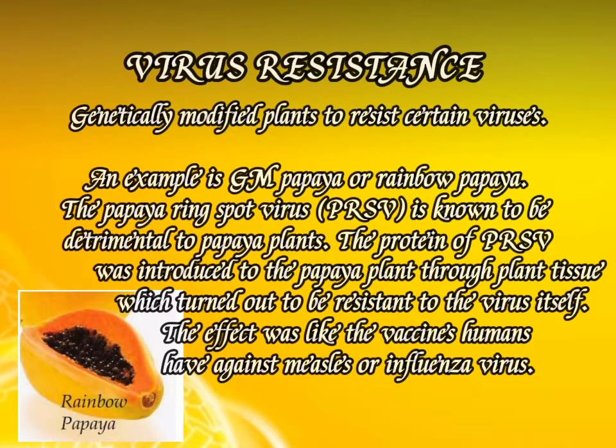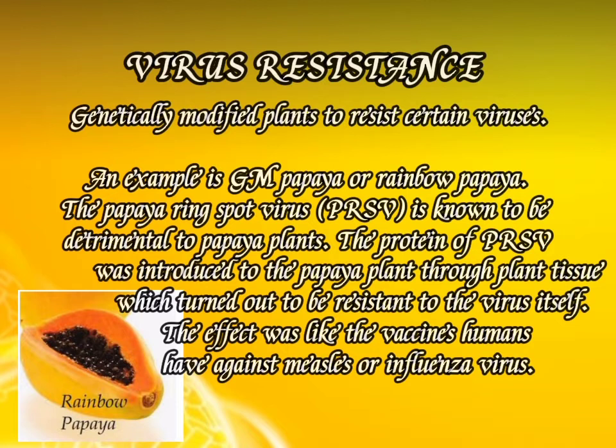Malalaman natin na ang isang papaya ay ginamitan ng GMO kapag siya ay kaaya-ayang tingnan, or fully orange siya. But there are papayas that are mixed in color, like orange and green. But we will know if the papaya used the papaya ring spot virus technology if the papaya looks orange as well as fresh, or kaaya-aya.